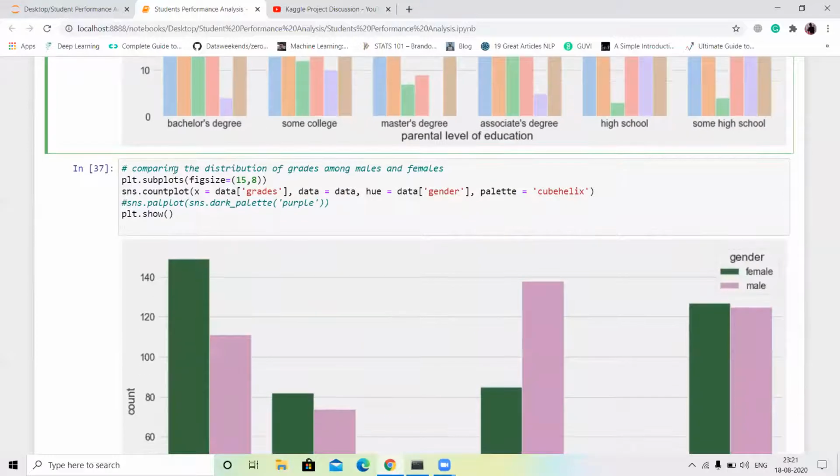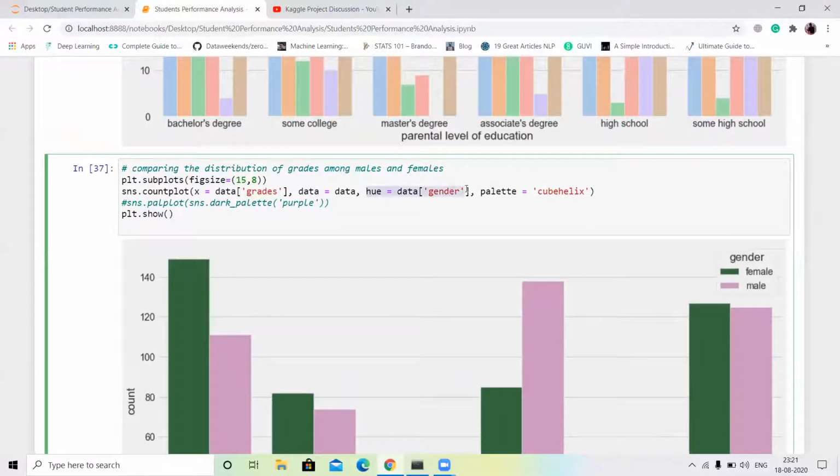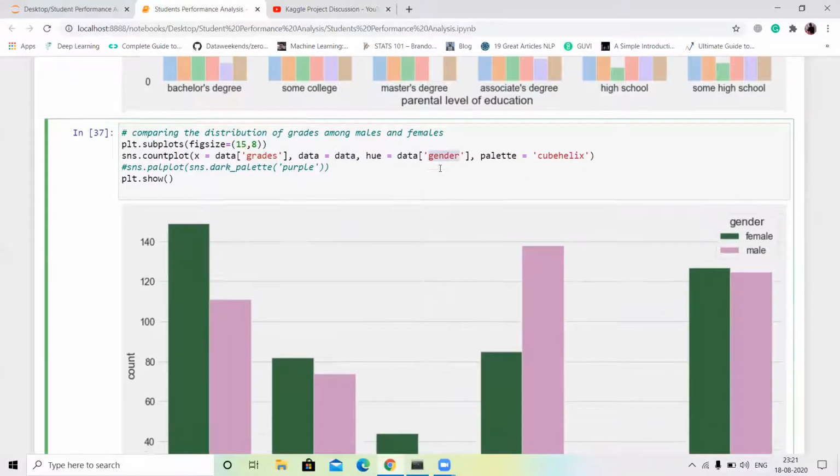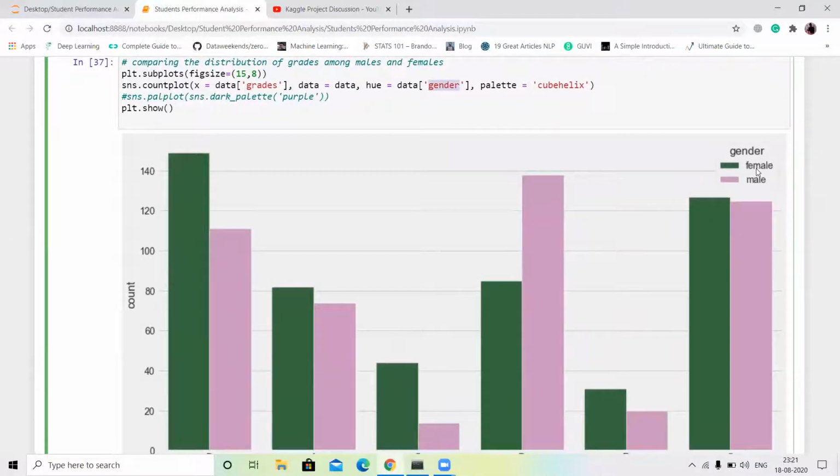Next thing, I just plot another count plot, and in the count plot our hue is equal to gender. So first of all I call the sns.countplot, and in countplot I define x equal to data grades and data equal to data, and I define hue equal to gender. You have to see our hue is equal to gender, male and female.